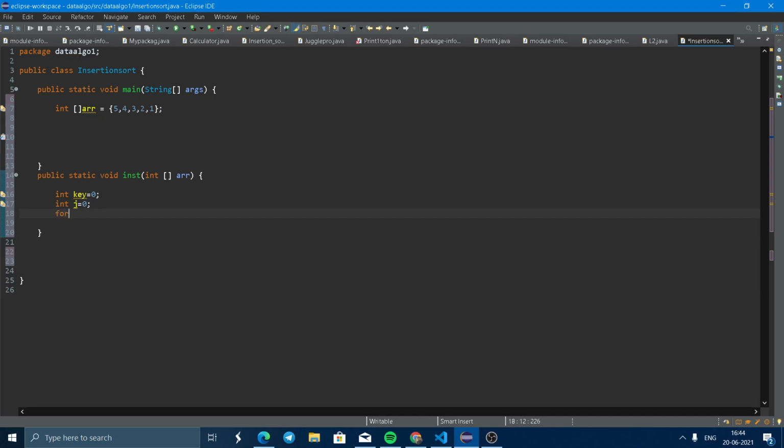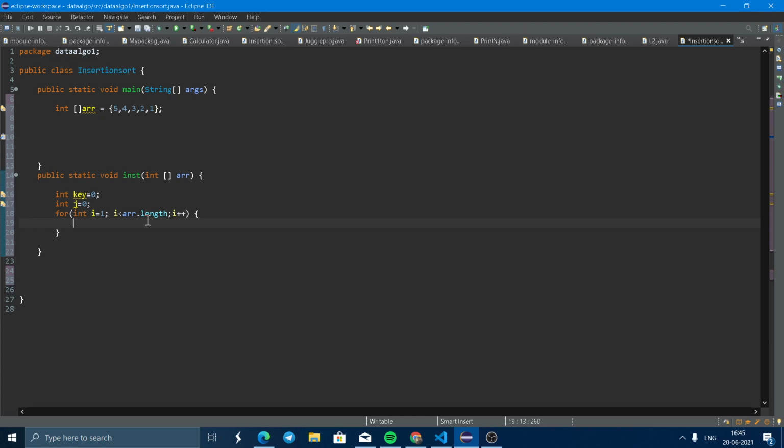Now we're going to use a for loop, which starts from 1: i equal to 1, and i less than array dot length, i plus plus. The loop works from 1 to the length of the array.